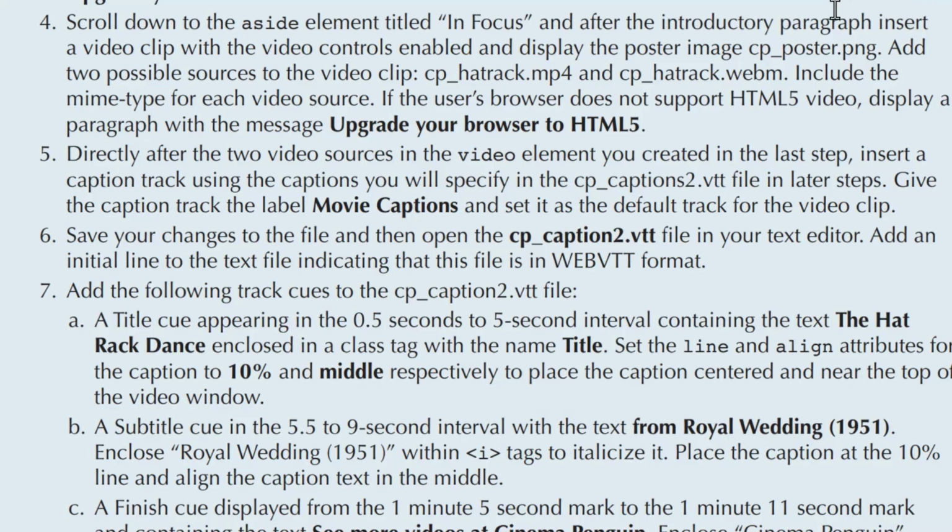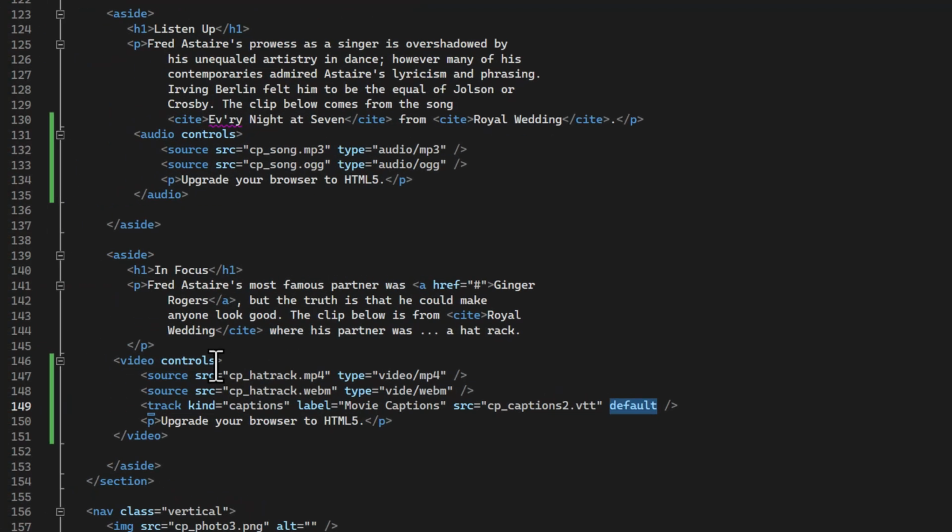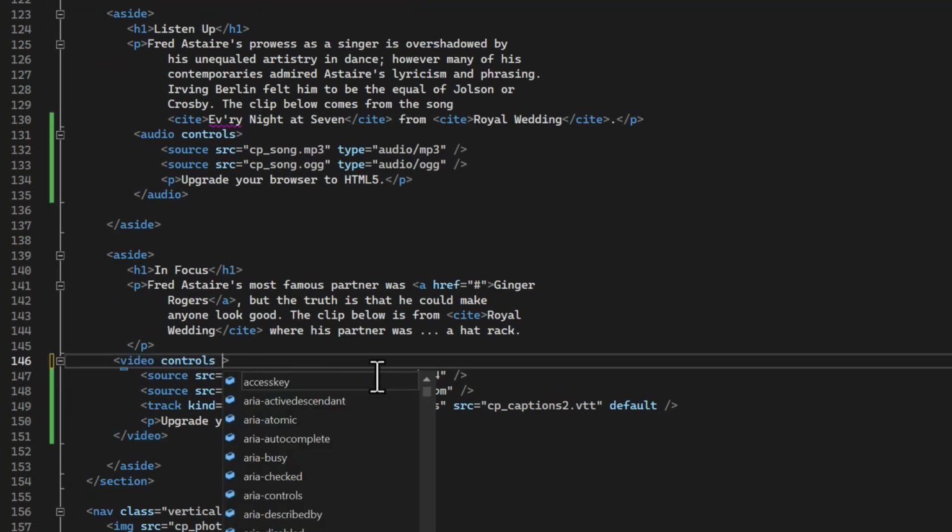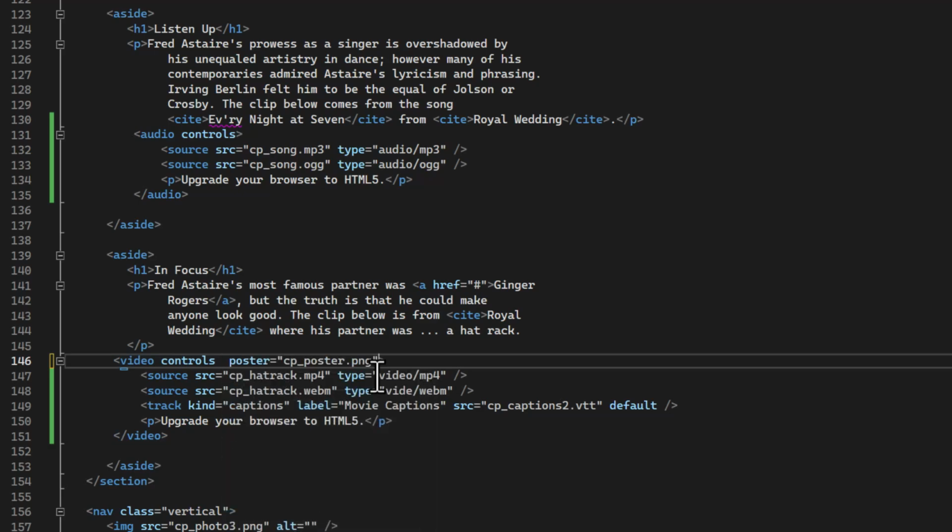I've moved back a page in the instructions here because I forgot that step number 4, we were supposed to add the reference for this file here as a poster image for the video player. So I want to go ahead and do that now. So just back to the video after controls, we're going to go ahead and add a poster attribute here and then assign it the name of that PNG file,